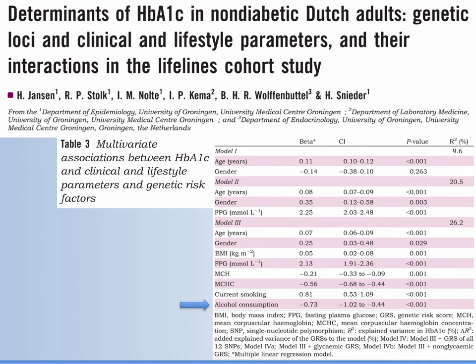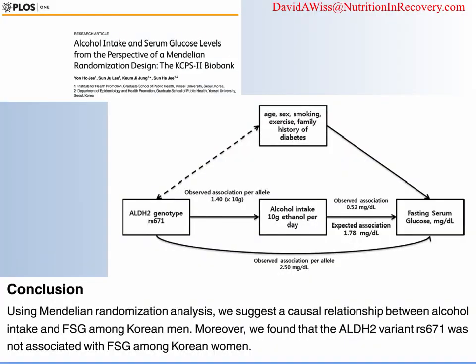This particular study did look at alcohol as it relates to A1c. Now, keep in mind that most studies don't, so this is a kind of novel idea. You could see here the beta is negative 0.73, which means that increasing alcohol decreases A1c by a statistically significant amount. And these are the things that have started to catch my attention, because I'm asking, what is it about alcohol that lowers A1c? Is it the alcohol itself, or is it the social factors associated with alcohol consumption?